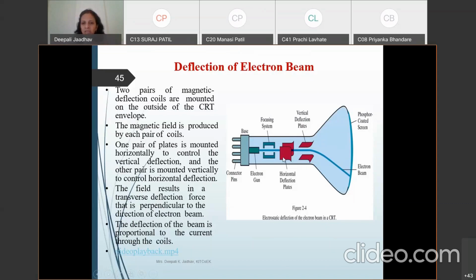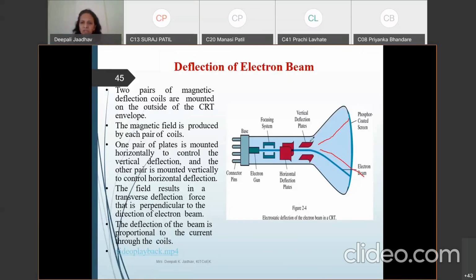Now see here, what is the task of this vertical deflection plate? It allows the beam to go either up or down. It gives the upward direction and downward direction to the beam.